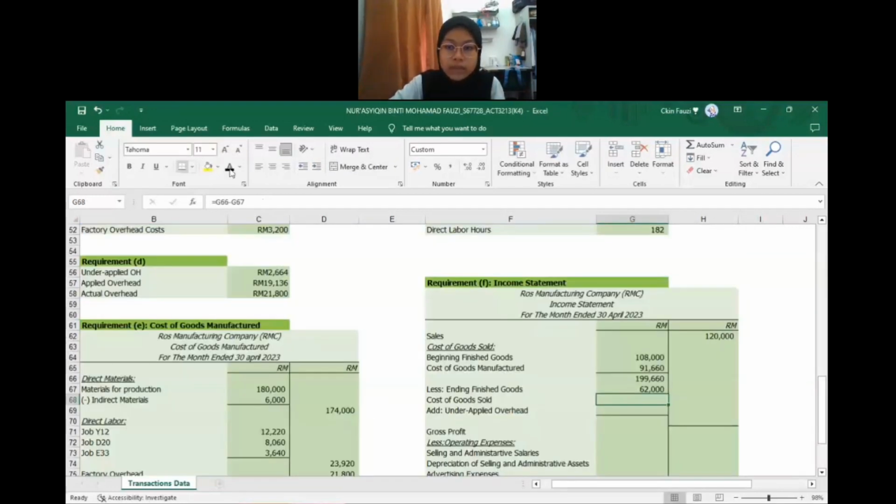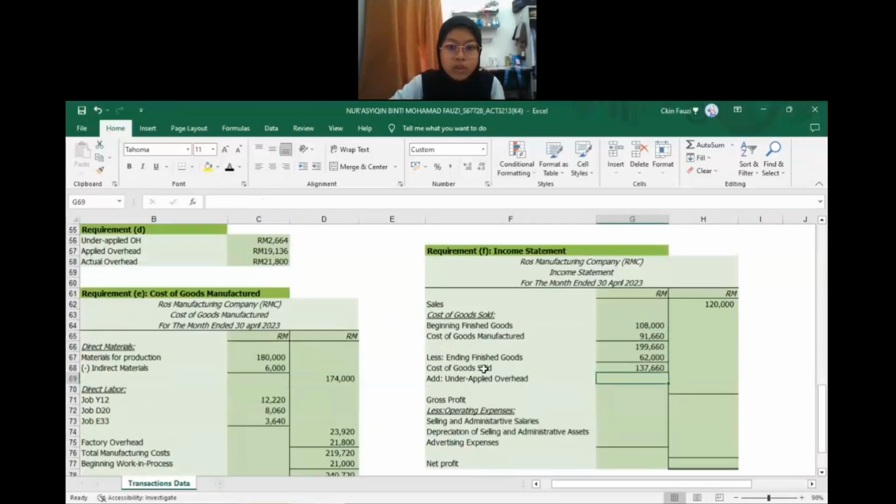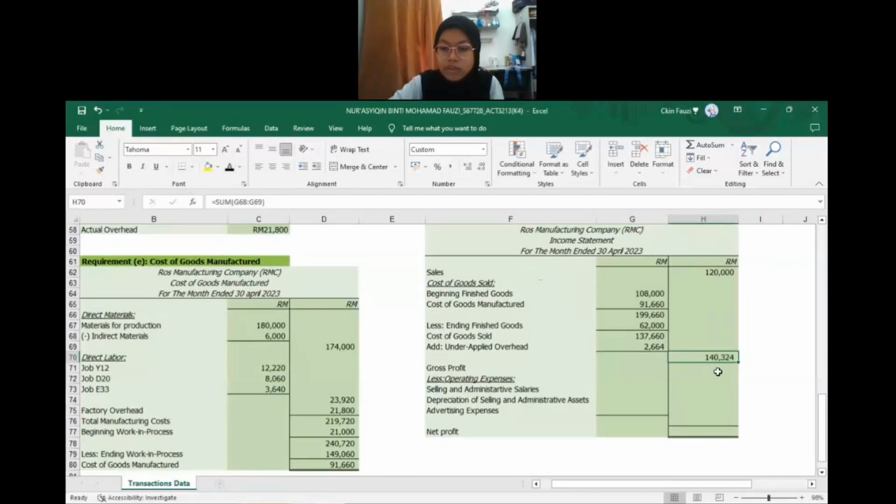So we get COGS 137,626. Because we get under applied, we need to plus this amount, 2,664. Okay, 140,324. And for gross profit, sales minus 140,324, we get